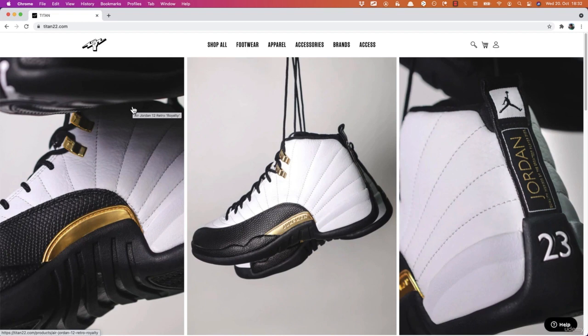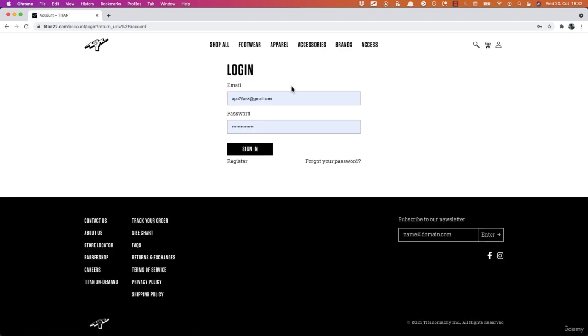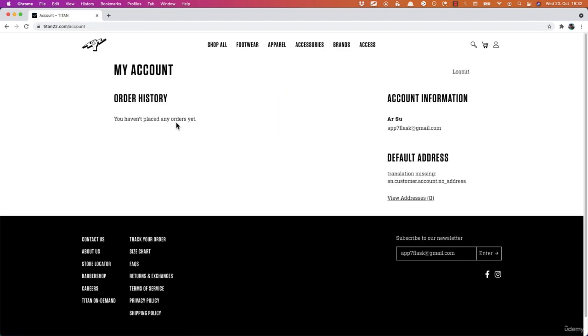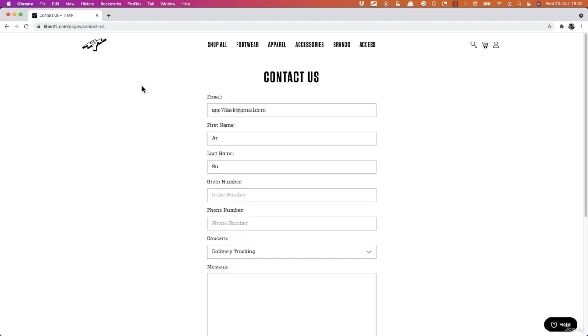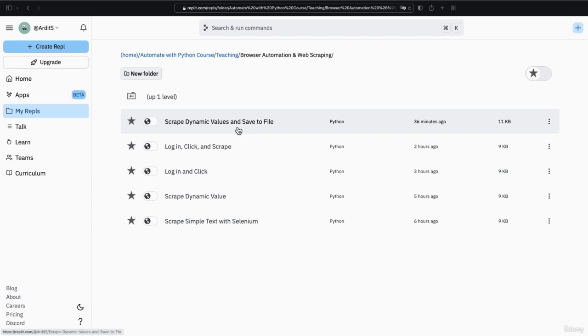In this video, I'll show you the solution, which basically is a script that goes to this page, logs in with username and password, and then clicks over to the contact us link. That's it. So let's go to REPL, and I'm going to fork to duplicate one of these REPLs,